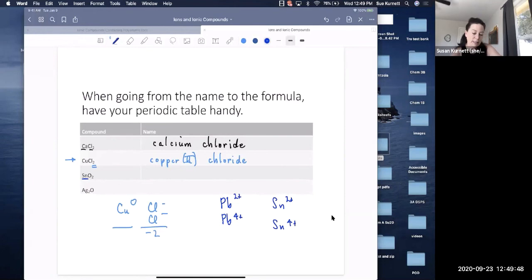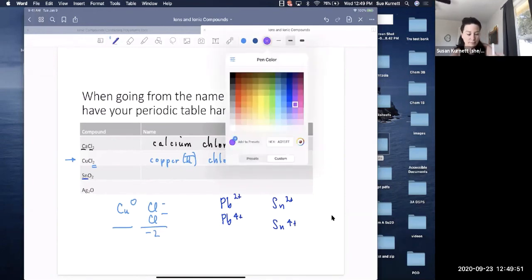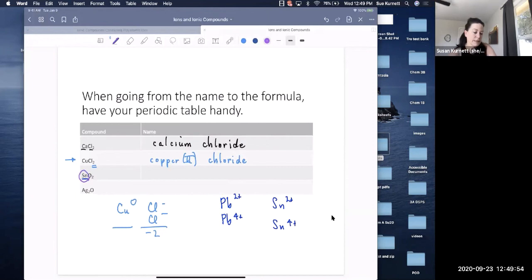So which tin is this? Well, let me look at the anion, oxide. Oxide has a -2 charge. It's in group 6. It needs to gain 2 electrons to be like something in group 8. And there's 2 oxides, which means -4. It must be tin 4 oxide, because tin 4 can balance that charge. So that's an exception because it's a main group metal, but it's one of 2 that have variable charge.